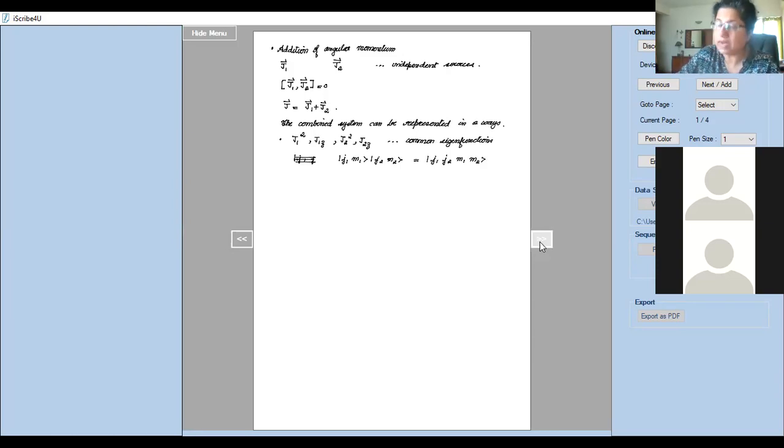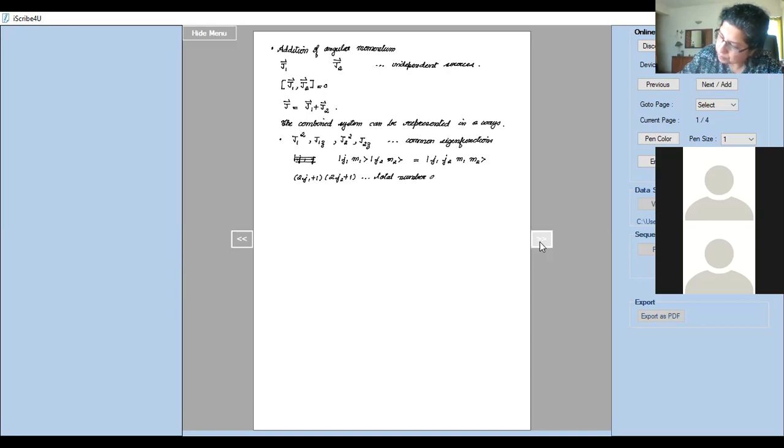This is one way in which you can write the common eigenfunctions. How many of these will be there? That will be essentially 2J1 plus 1 into 2J2 plus 1